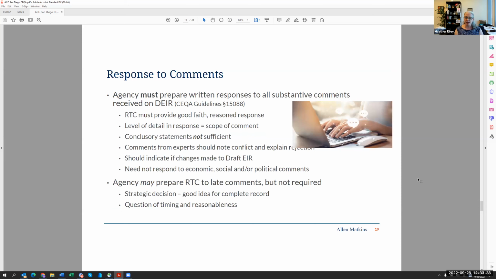So on responses to comments, say you get a letter from a neighbor who's just really angry. They don't want you to redevelop this golf course because they're going to lose their views of the green on hole 17. They're going to throw a bunch of nonsense in that letter about property values and sites and all the eagles they've seen there over the years, all of which is probably true. A lot of it is irrelevant to CEQA, but you have to prepare a response to every single comment.